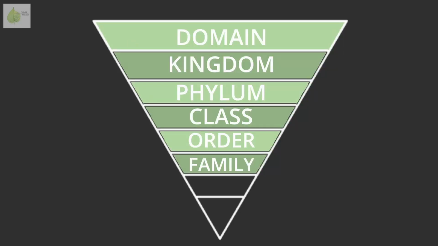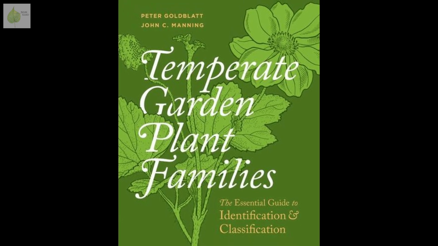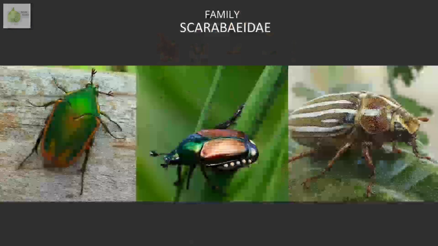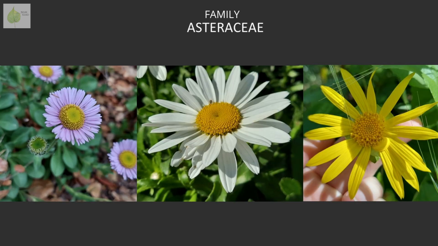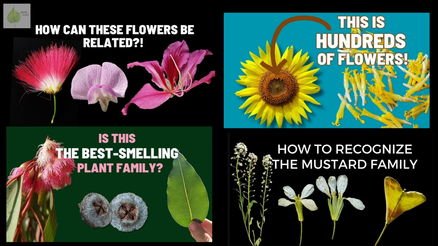Family is a taxonomic rank that's commonly used as the entry level when learning how to identify organisms, so you might be familiar with this term. With many, but not all organisms, we can really start seeing the morphological similarities amongst individuals belonging to one family just by their appearance. Remember, I created a video series, How to Identify Plants, where I teach you how to recognize plant families based on shared characteristics. I'll put the link to the series in the description below.